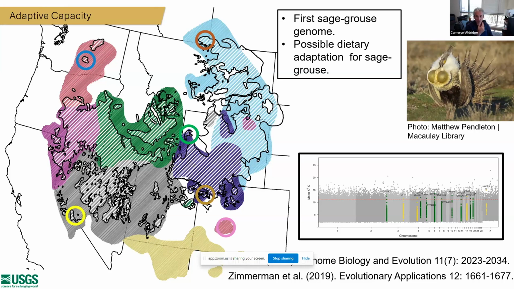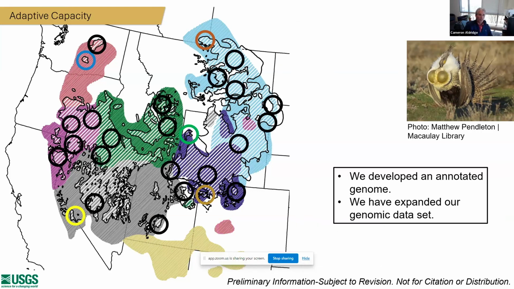genes. These and other genes are known to be significant in the detoxification of plant secondary metabolites, or PSMs, and those toxins that sagebrush plants produce. But each species and subspecies of sagebrush produces a unique set of different toxins. So Shauna also found some similar relationships for Gunnison sage-grouse across environmental conditions, and they're variable with the sagebrush habitat compositions. So we've since developed a complete annotated genome for sage-grouse.